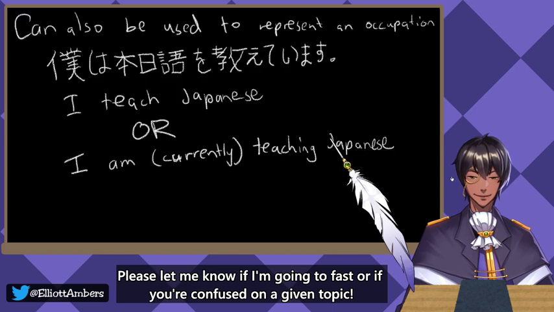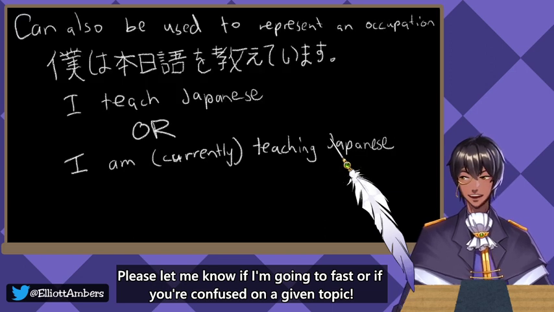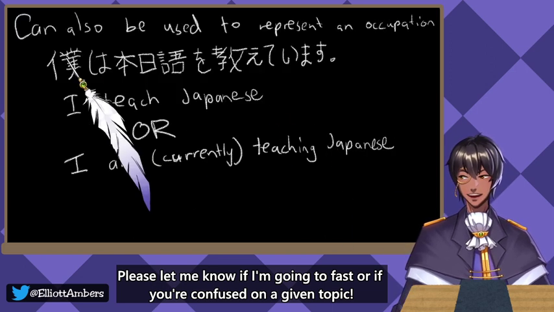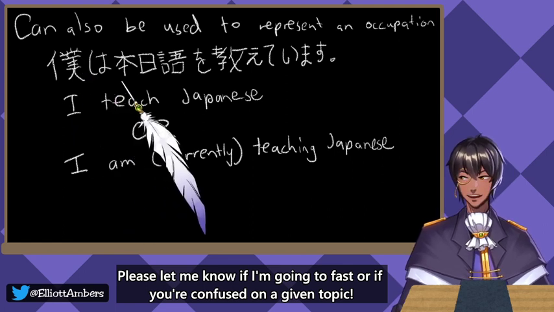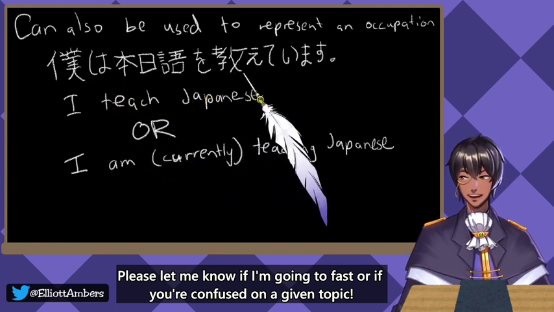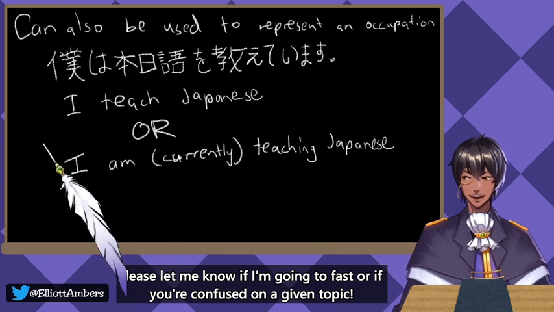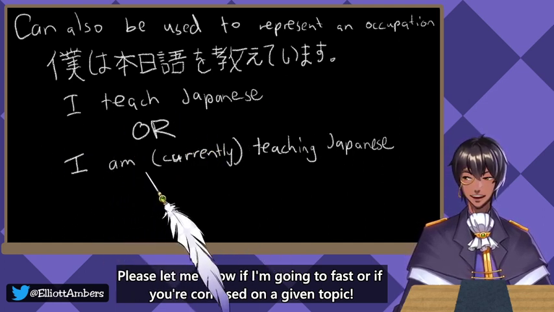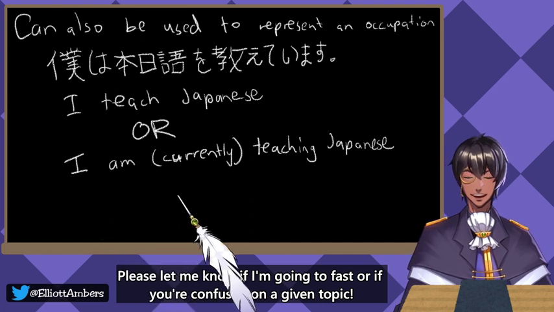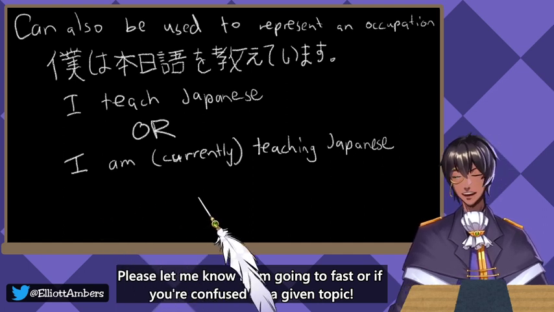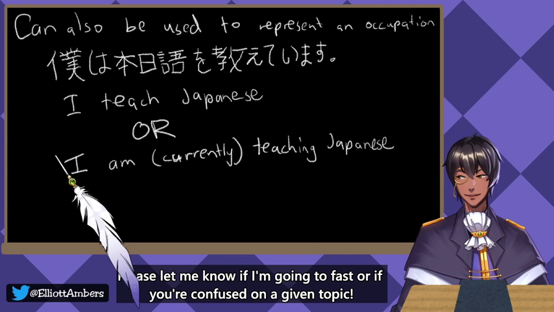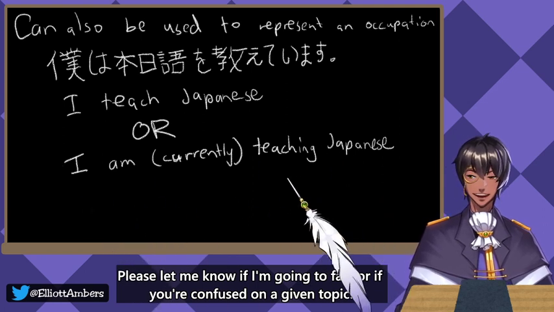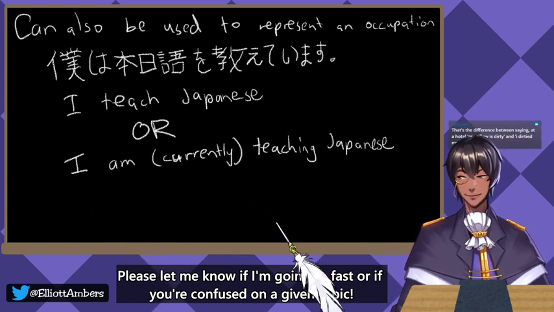And then we talked about how this can also be used to represent an occupation. If I said, Boku wa Nihongo o oshiete imasu, it represents that I teach Japanese, or, depending on the context of where I'm saying this, that I am currently teaching Japanese. If I said it right now, well, it would definitely obviously mean I am currently teaching Japanese. But, you know, if it wasn't Thursday,